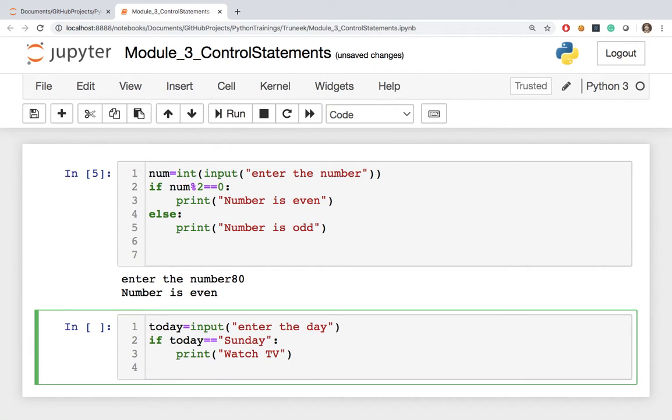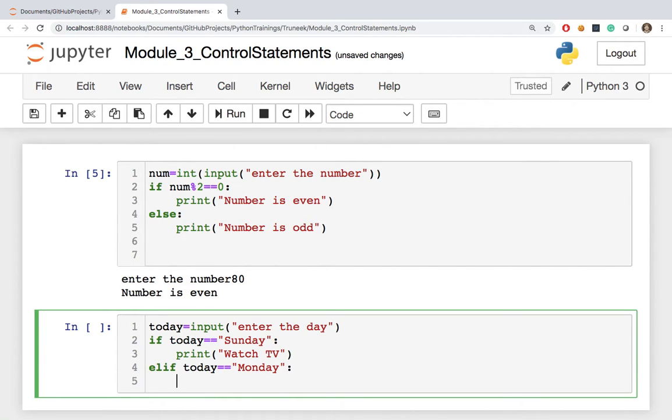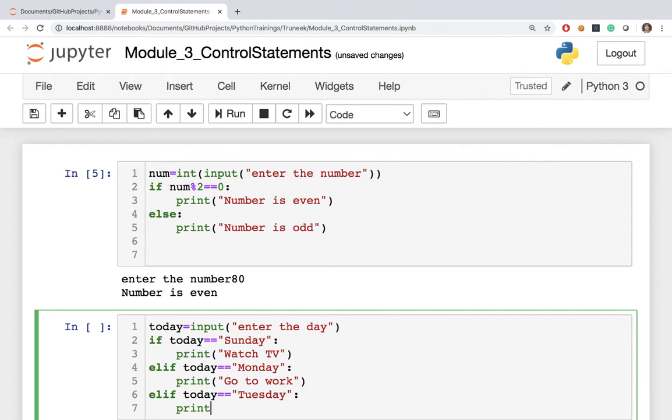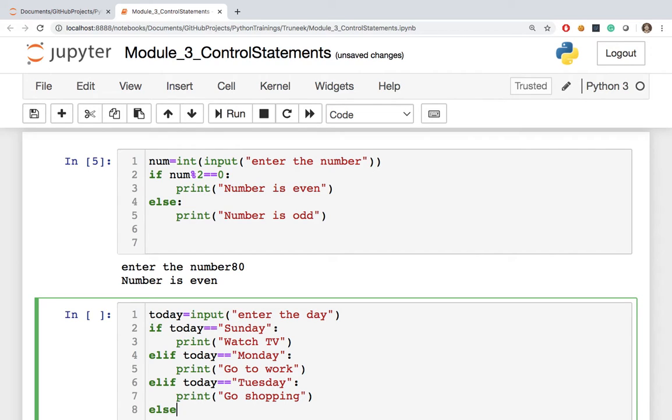Then elif today equal to Monday, print go to work. Elif today equal to Tuesday, print go shopping. And else